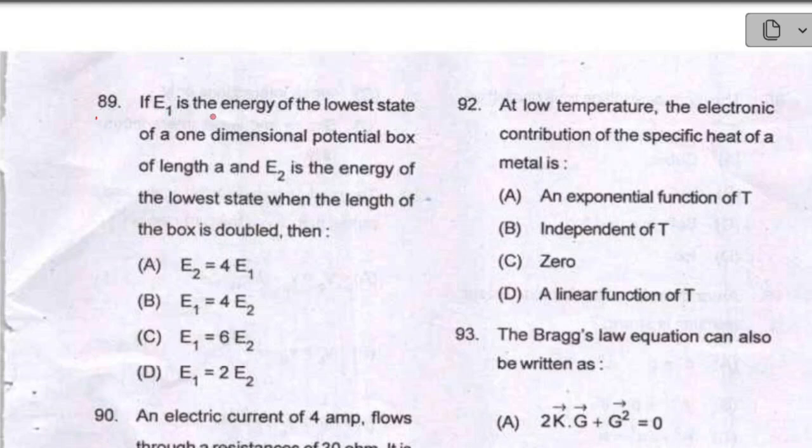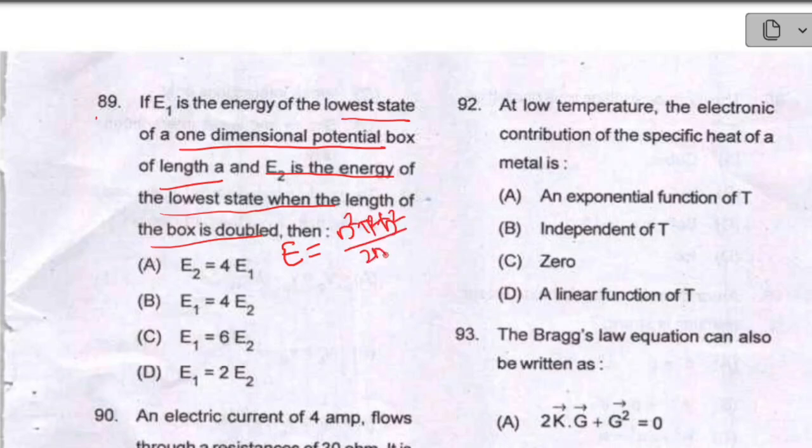89. If E1 is the energy of the lowest state of a one-dimensional potential box of length A, and E2 is the energy of the lowest state when the length of the box is doubled. Okay, so let me write down the energy first for a one-dimensional potential box, and that is n square pi square h cut square by 2 m a square with length A. So for the lowest state, energy will be pi square h cut square by 2 m a square. You can say these are constants. So the variation with length is